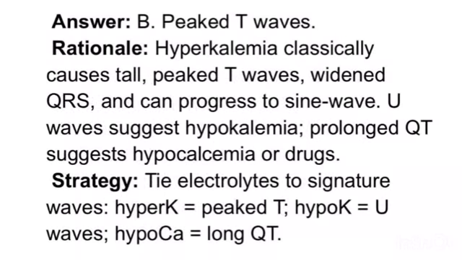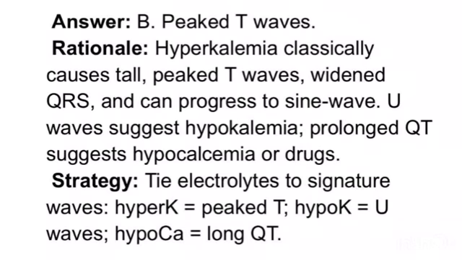Peaked T waves. Rationale: hyperkalemia classically causes tall, peaked T waves, widened QRS, and can progress to sine wave. U waves suggest hypokalemia. Prolonged QT suggests hypocalcemia or drugs. Strategy: tie electrolytes to signature waves, hyper K equals peaked T, hypo K equals U waves, hypo Ca equals long